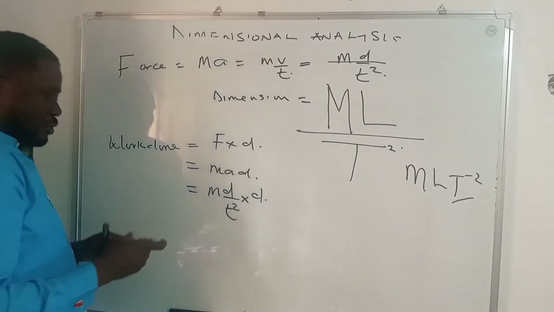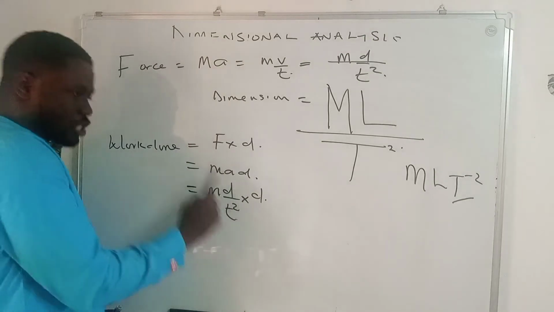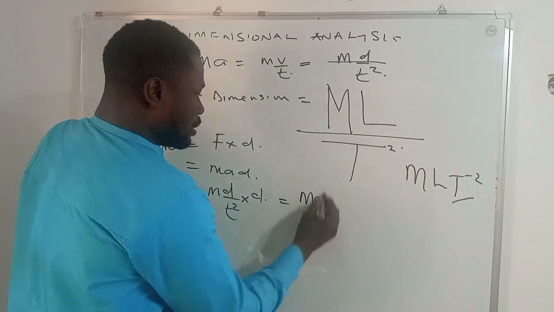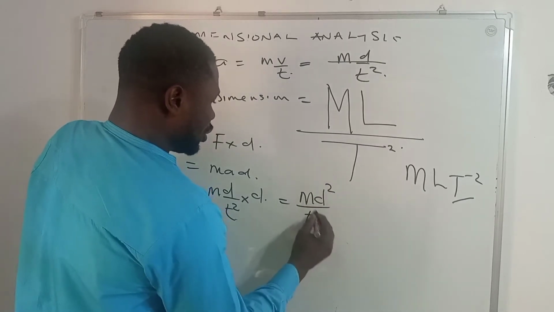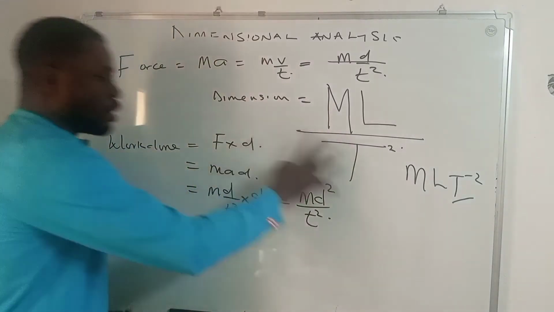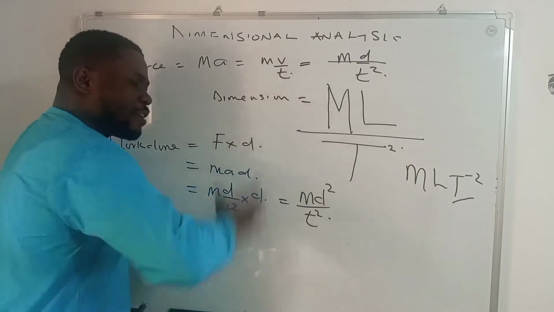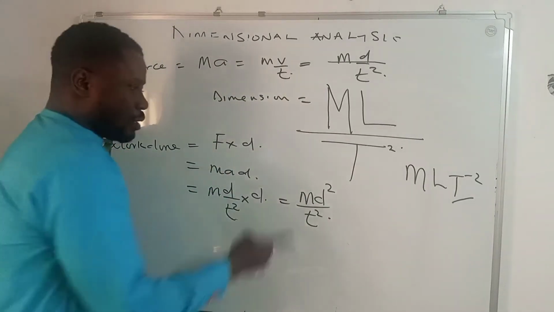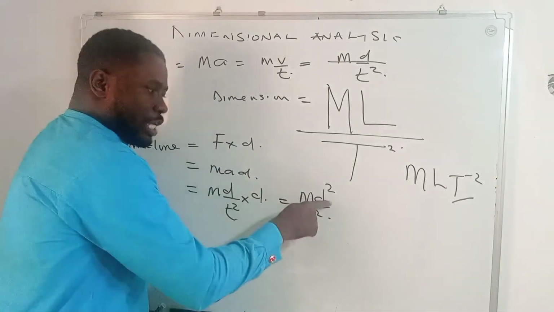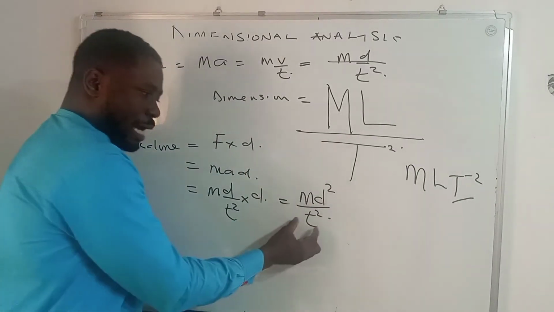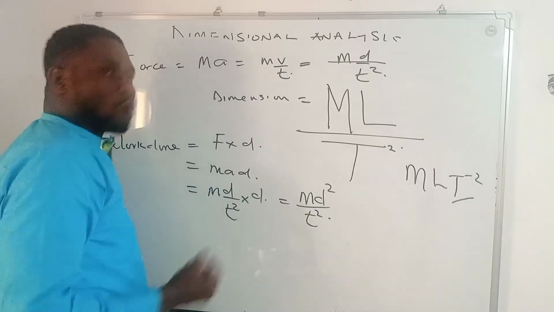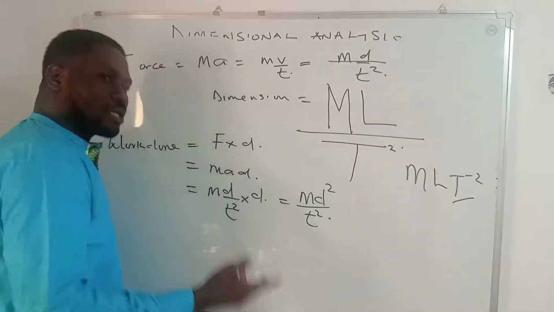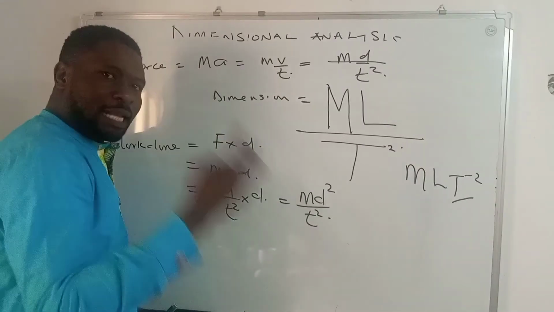And so if you again further simplify, this will give you m d all over t squared times d. Now remember that d all over t squared represents acceleration. And this will be equal to m d squared all over t squared. Now at this point, we ask ourselves, is everything that makes up work done fundamental? Of course, that is correct. Look, m is the mass, d is the length or the displacement, and t here is the time. So I've always emphasized that everything must be among the mass, length and time.